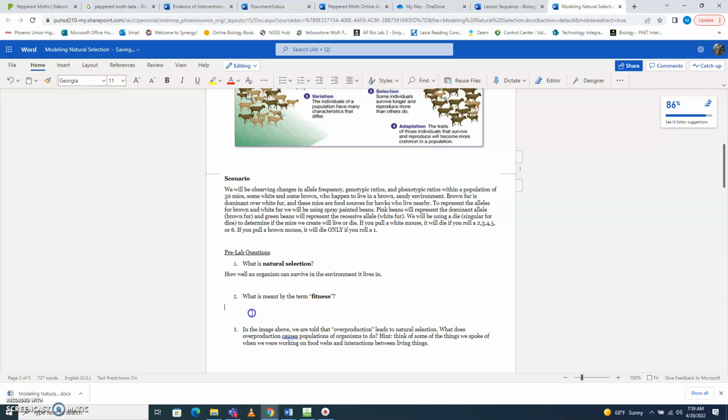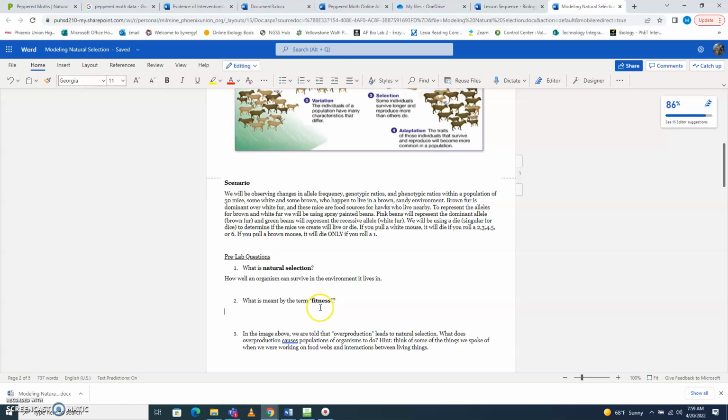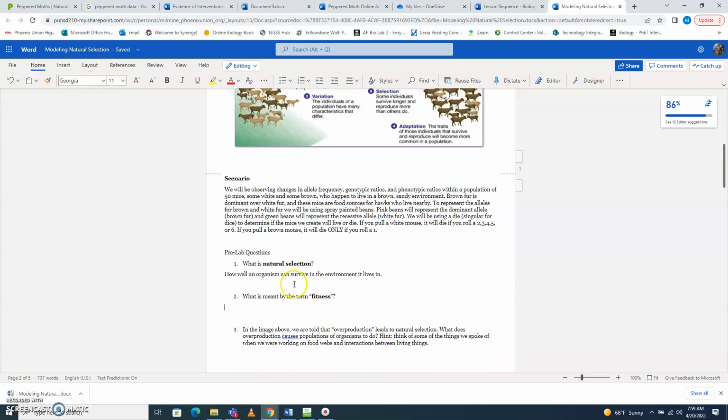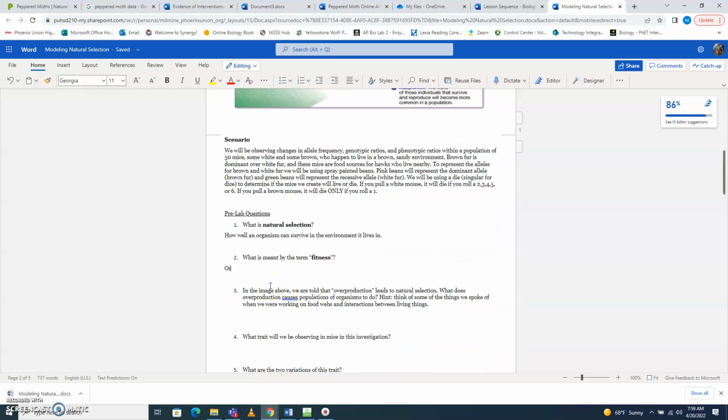Let's check out number 2. What is meant by the term fitness? Fitness, that was up here, we talked about that as well, I highlighted it. Fitness means survive better in an environment, have a better chance to survive. So we can put that down here. Organisms can